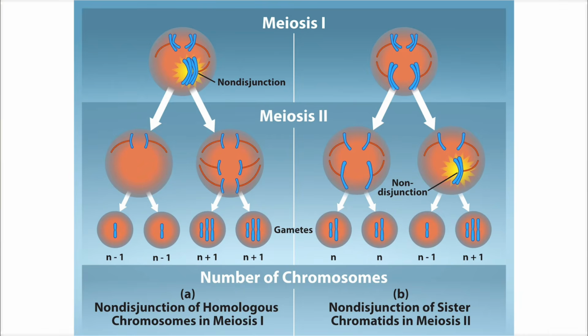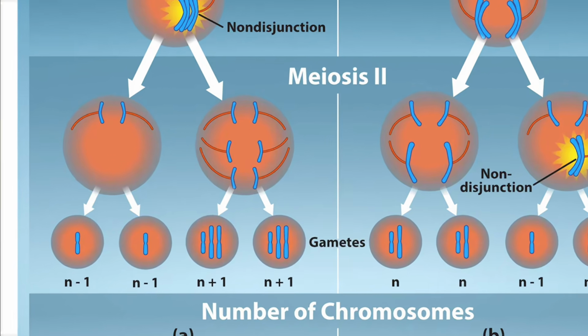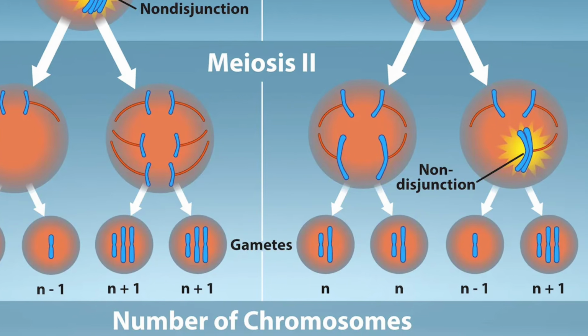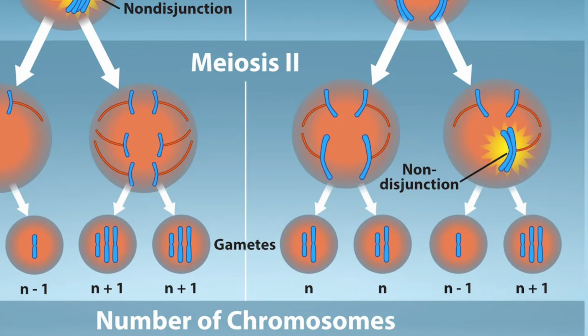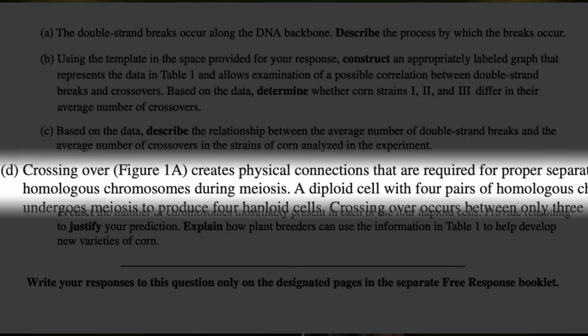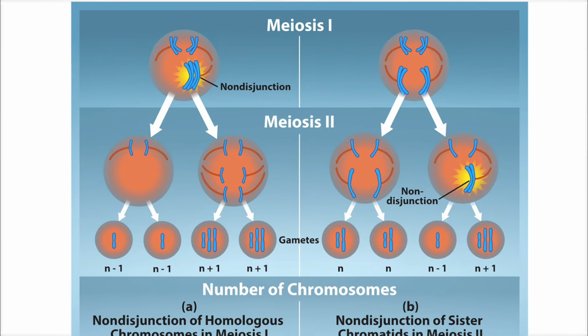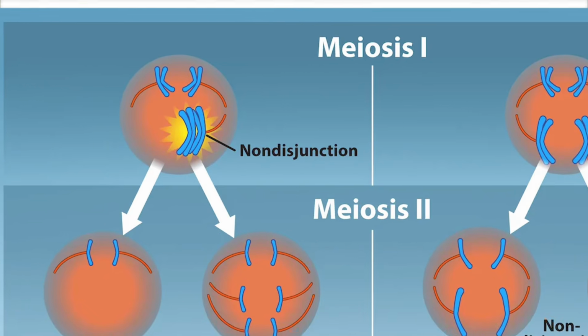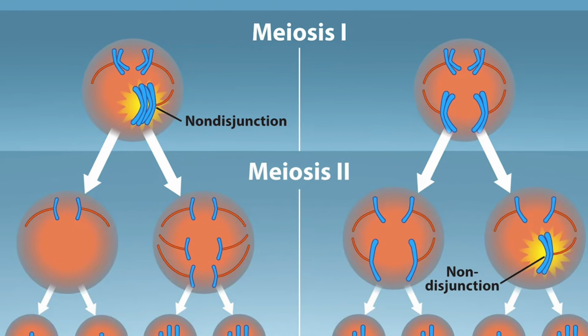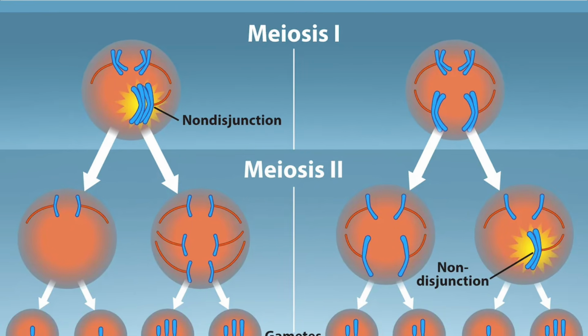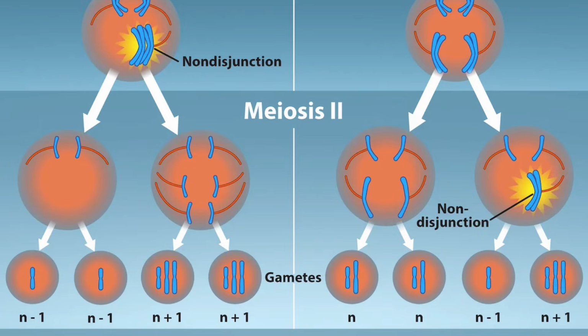nondisjunction. And in nondisjunction, we create haploid cells that have either too many chromosomes or too few chromosomes. But in this question, we have to be a little bit careful. When they say that homologous chromosomes fail to separate when no crossover occurs, this means that nondisjunction is happening at meiosis 1 and not 2, because it is in meiosis 1 that the homologous chromosomes separate at anaphase 1. So this means that from the first round of division, one cell is getting 5 chromosomes while the other